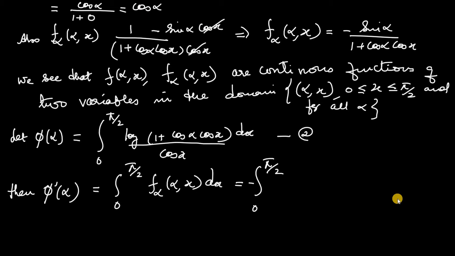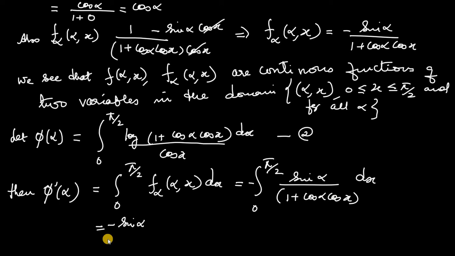The minus sign will be there. It will be sine alpha divided by (1 plus cos alpha cos x) dx. Since sine alpha acts as a constant here, as the integral is with respect to x, you can take it outside the integral sign. So it will be minus sine alpha, then the integral from 0 to pi by 2 of dx divided by